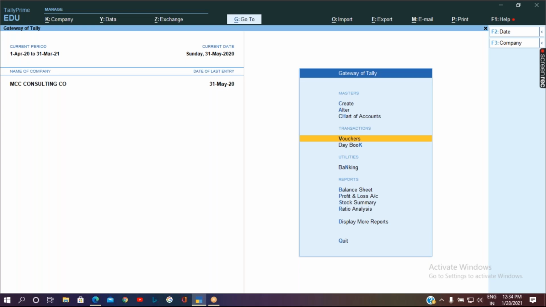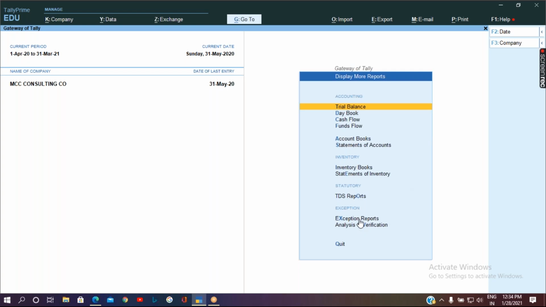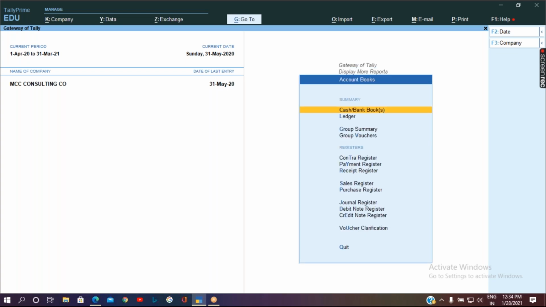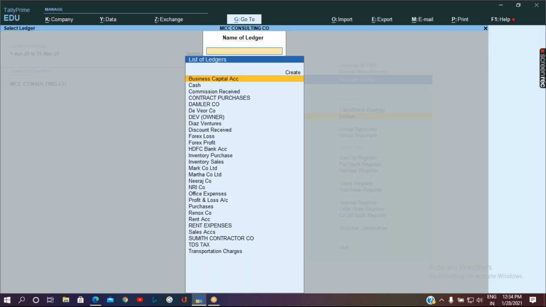So how can we go back to those entries, like I'll go to the day book. We can go to the day book report, or the best way of finding the transactions related to the same party is to go to the Gateway of Tally, display, accounts books, ledger and select the party.